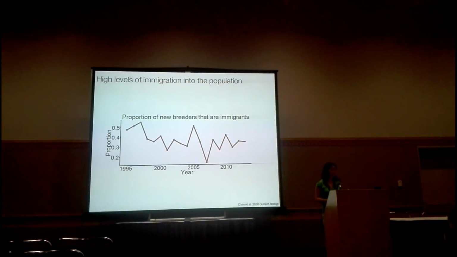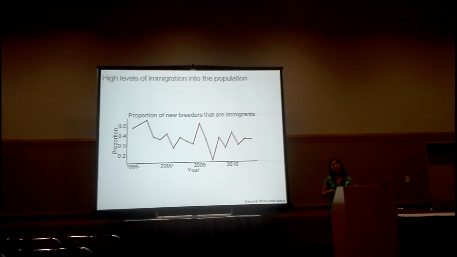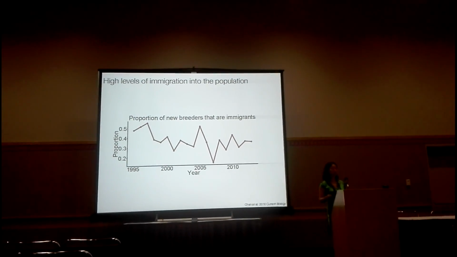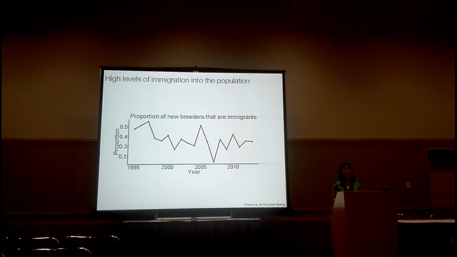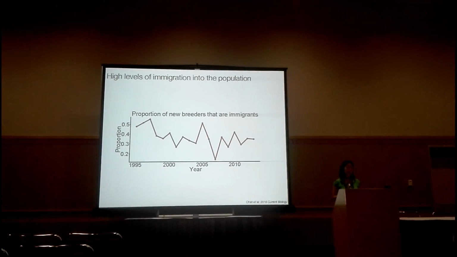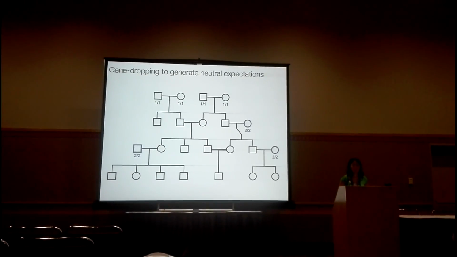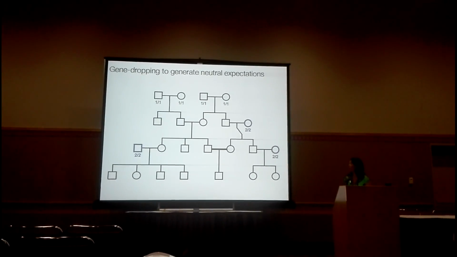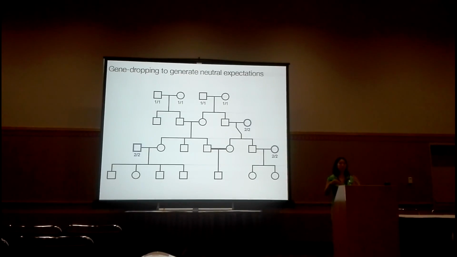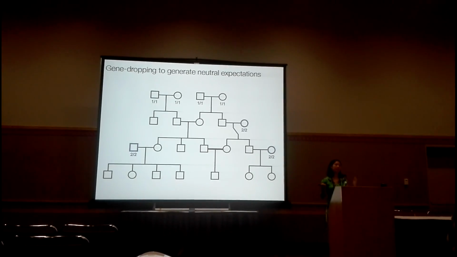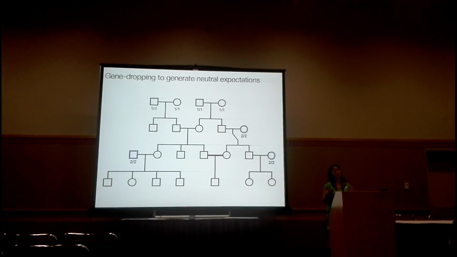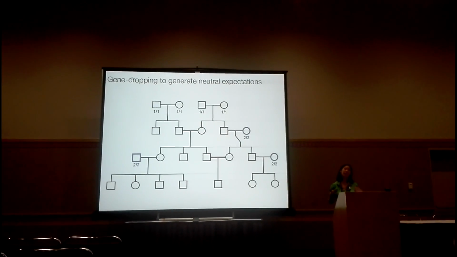So given this high level of immigration and the problem of overlapping generations, related individuals, and whatnot, how should we think about allele frequency changes through time? The approach we use is this method called gene dropping. So for every single population, there's a true underlying pedigree, which constrains how genetic drift can act in